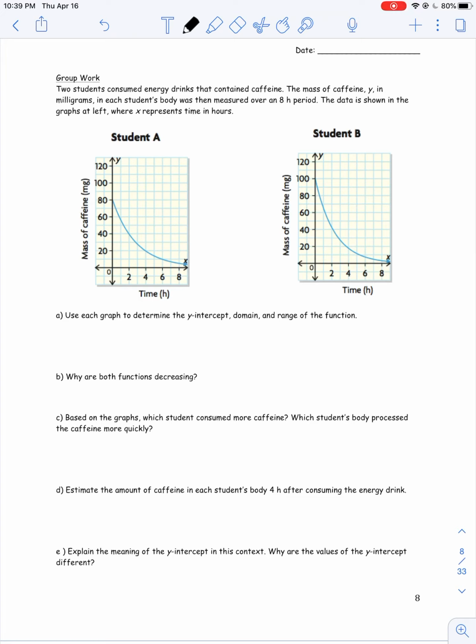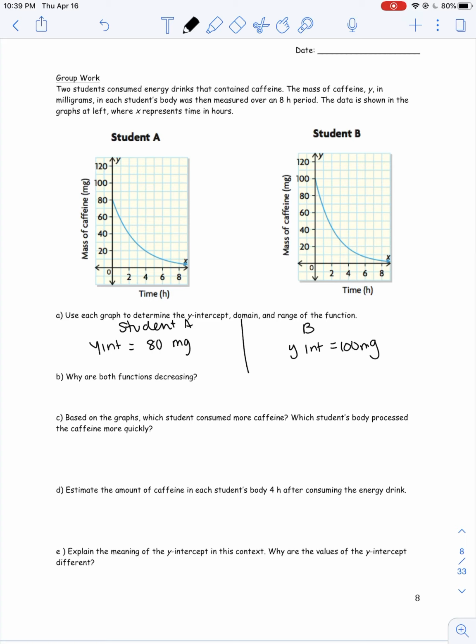So for the first one, we're going to divide it: student A, and this will be student B. The y-intercept is equal to where it starts, which is 80 milligrams, versus the y-intercept here, which is 100 milligrams. The domain is going to go from,